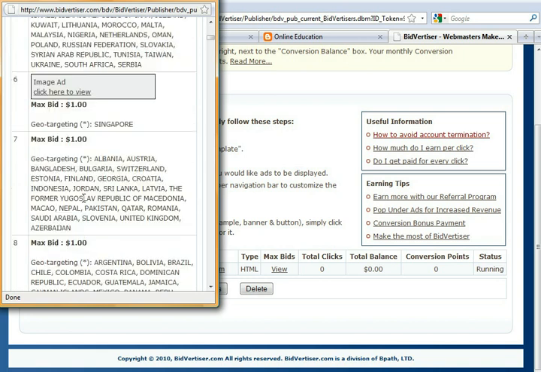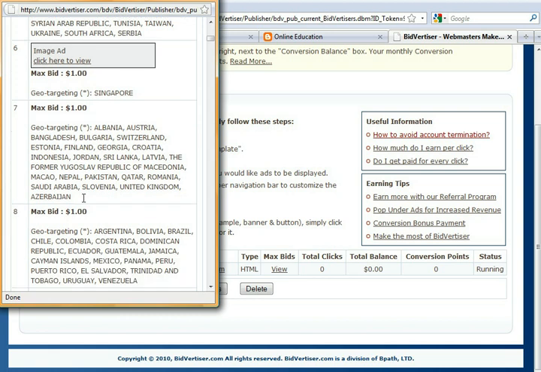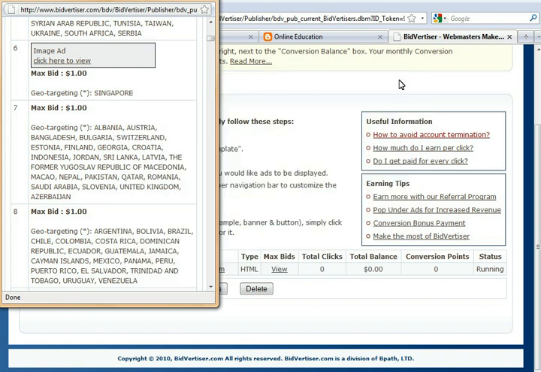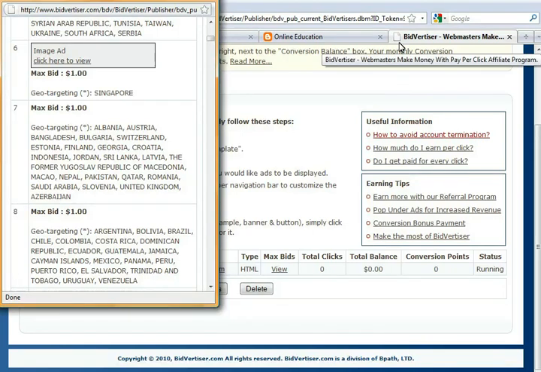These are the ads. So how much per click will you get from Bidvertiser? It really depends on the type of ads clicked by the people on your blog.